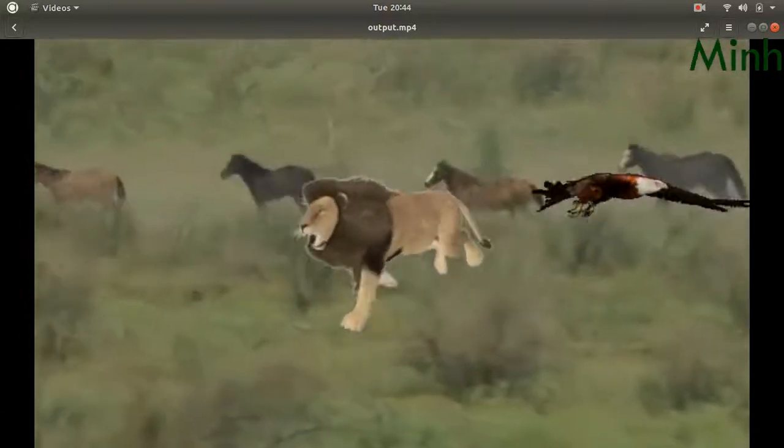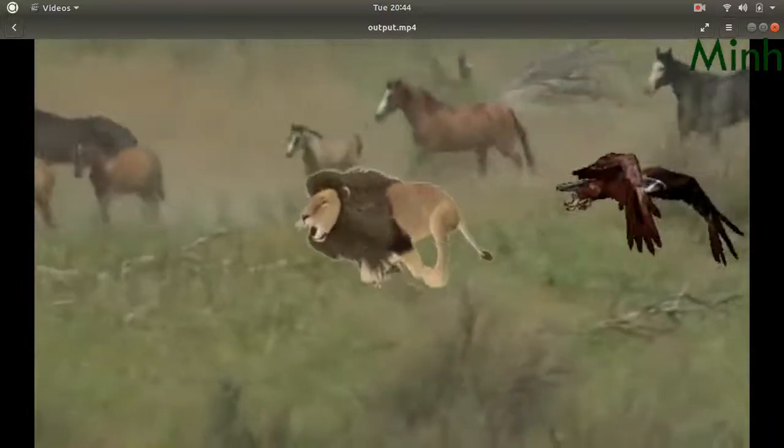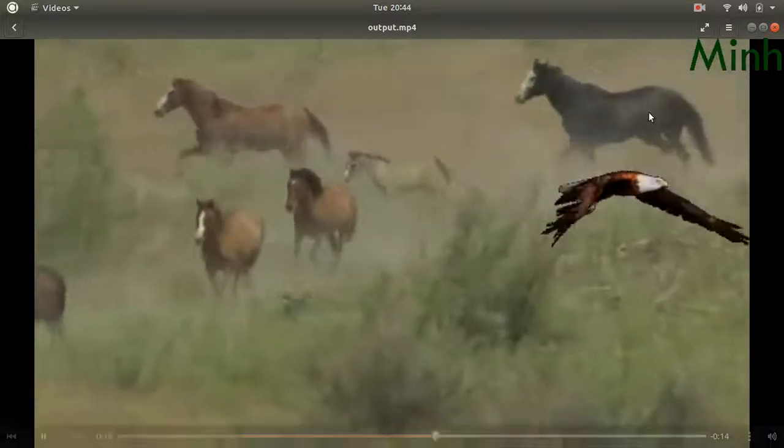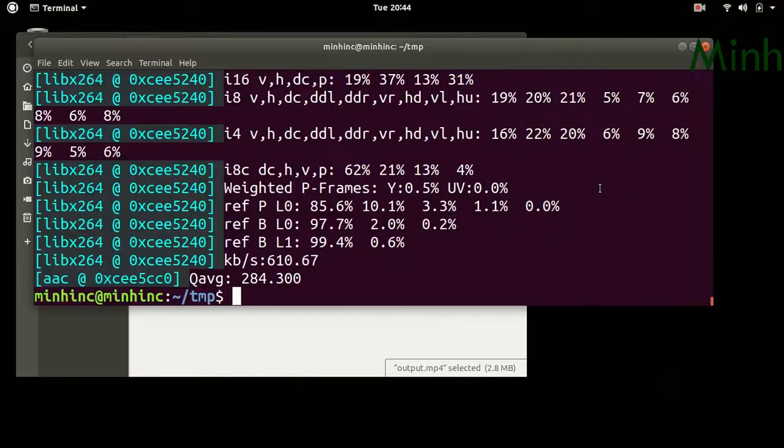So this is how we can do it. The lion we can make a little smaller, and the eagle also.